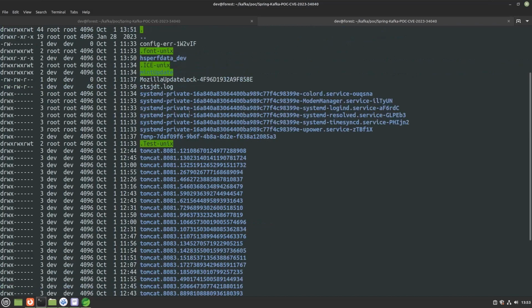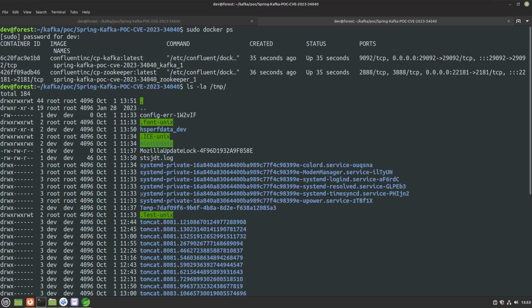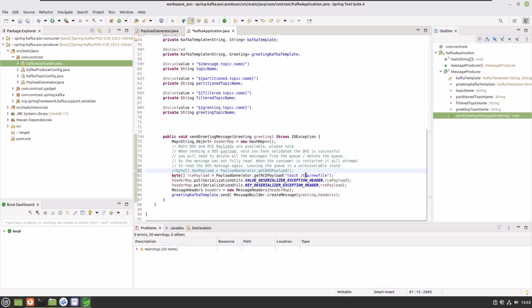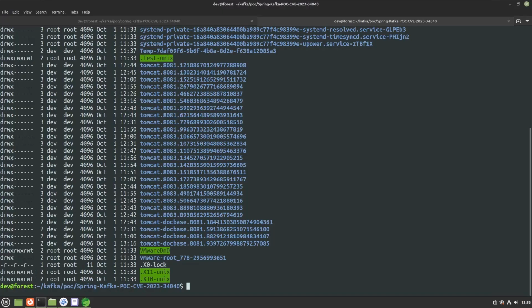Temp, and there is nothing, so we will name a unique name in here. So hacked.txt, and we will save it. Okay, so what we can do,